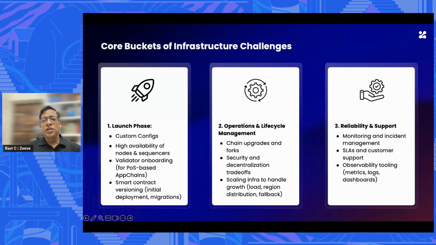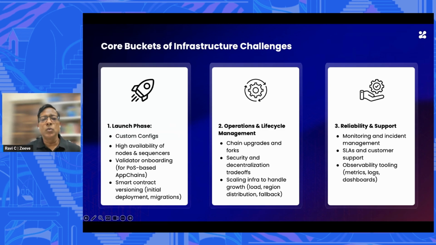The second phase is operations and lifecycle management. That becomes very important because now you need to take care of the chain upgrades and all the maintenance overheads. All these stacks are pieces of software where continuous upgrades and updates will continue to happen, so you need to ensure that your chain always upgrades whenever a new version is there. And then, of course, security and decentralization trade-offs.